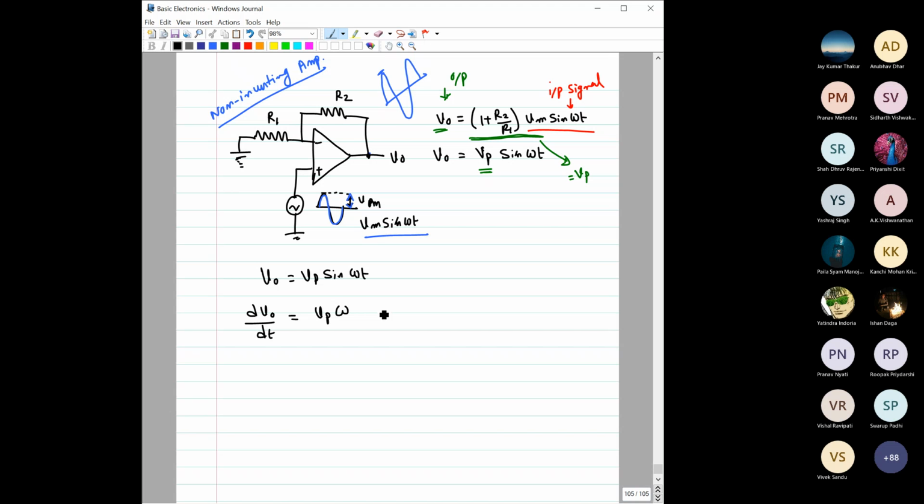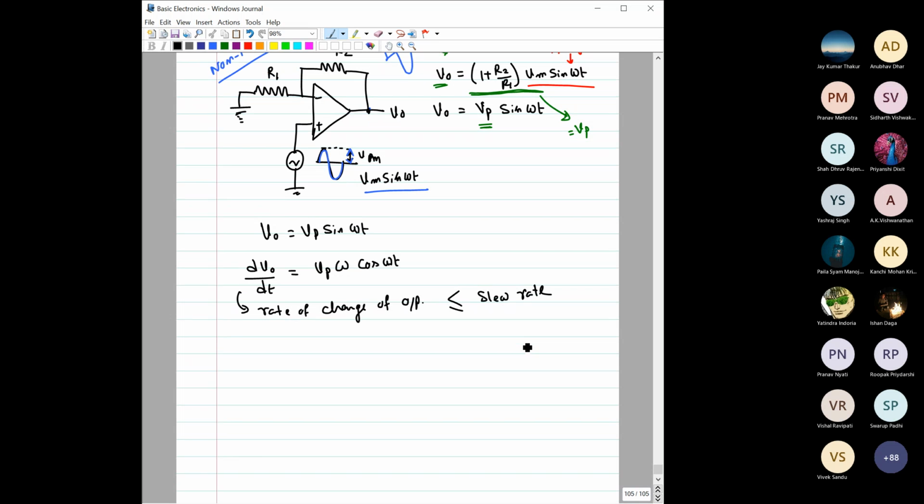So it's Vp omega, sine will become cos, so it is cos of omega t. This is the rate of change of output, and we know that the rate of change of output should be less than or equal to the slew rate,